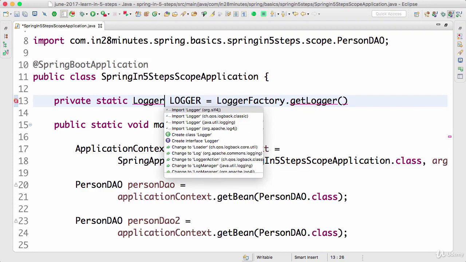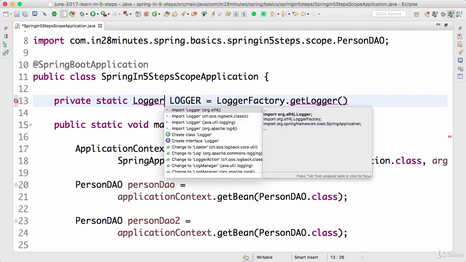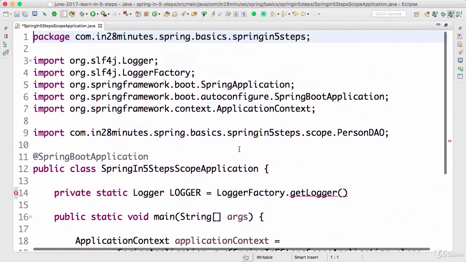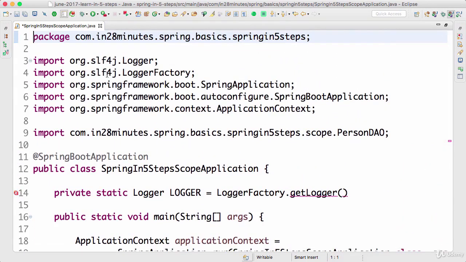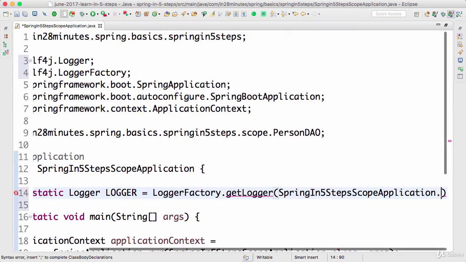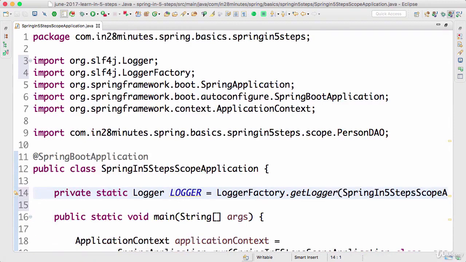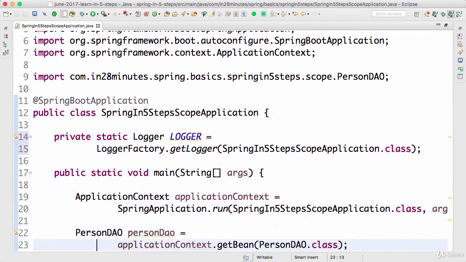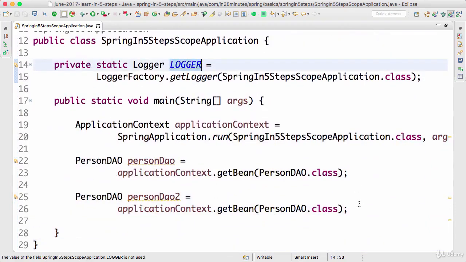We'll use slf4j for the logging, and import org.slf4j.Logger as well. So be careful about the imports. It's org.slf4j.Logger, org.slf4j.LoggerFactory, and over here I would want to use this specific class. I can say this.class. So now we have a logger present in here. I can use the logger to log the stuff I would want to the output.